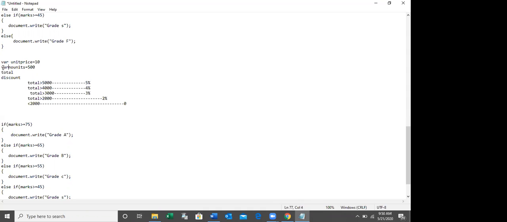var numberOfUnits is equal to 500. Then var total is equal to what? Unit price into number of units. Multiplication operator. Discount, we have to calculate the discount based on the